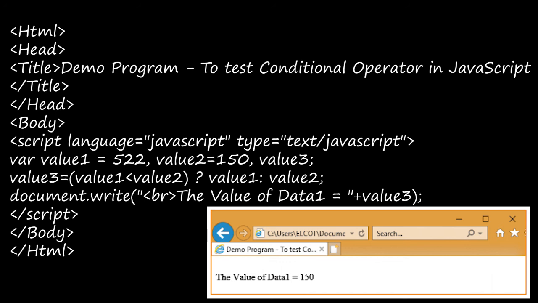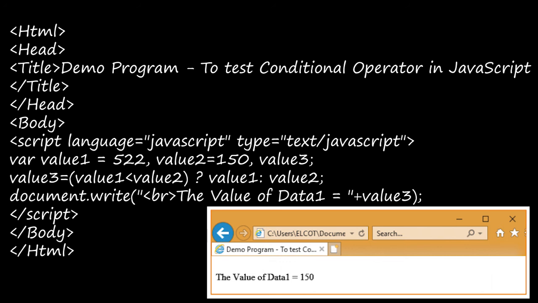So we have come to an end of these operators. I think you would have got a clear idea about this conditional operator and the other types of operators which we have seen now. And in the next session, we'll see about JavaScript's pop-up dialog boxes and all. So before that, make sure you are clear with these operators, okay?